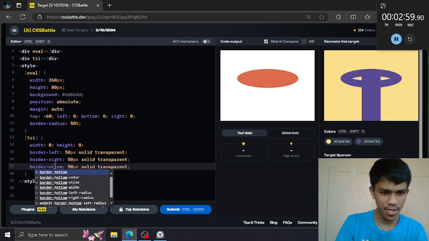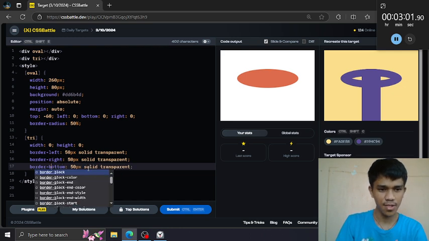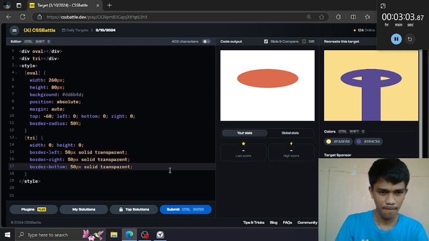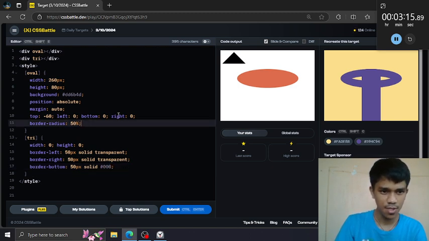So we are creating a normal triangle here. The color is this. Let's color this black for now. Black, and then the position is on the middle.